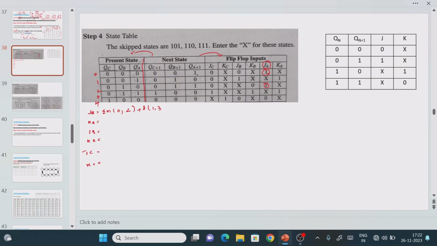Now here you need to understand a very important logic: some more don't care combinations will also come. What do I mean by that? Here, in the present state, we have QA, QB, QC, right? If we consider the 3 input values, how many possibilities will we get? 0, 0, 1, and so on. By default, if we consider 3 input values we get these many possibilities, but as per our requirement, the ending count is only 1, 0, 0, right? It means we are stopping from here to here only. This is our requirement.